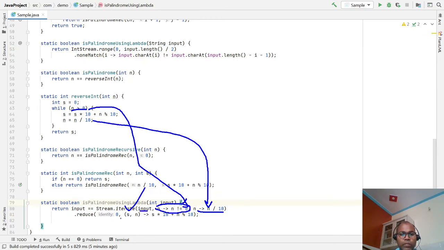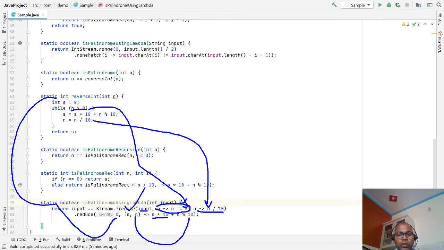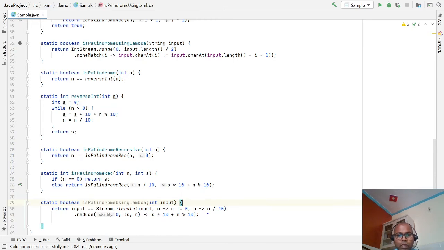The first time, initially, s equals 0, then s multiplied by 10, then the input number modulo 10. Then after that you check here, number divided by ten.